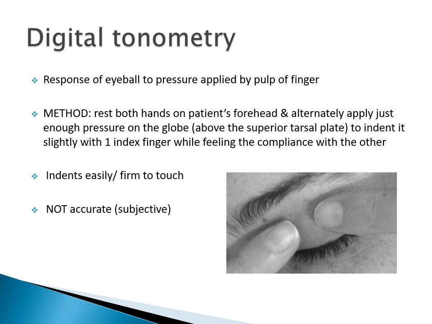If the fluctuation is absent, that means there is an increase in the intraocular pressure, and if we feel like a partially filled water bag, it means that there is a decrease in the intraocular pressure, that is hypotonia. It is a subjective method and it is not that accurate.